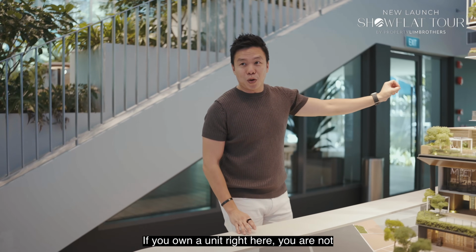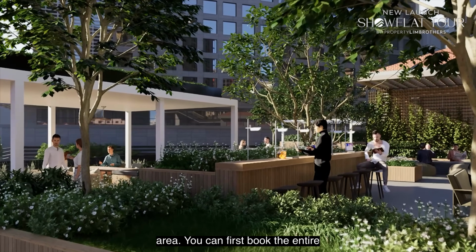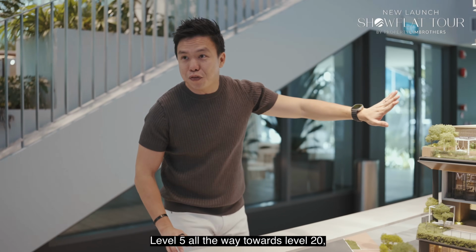If you own a unit right here, you are not limited to your strata space, because you can always come to the courtyard dining area. You can of course book the entire dining for a private dining event that you have. You have a courtyard lounge, you have a festival lounge, and as you head up to level 5, all the